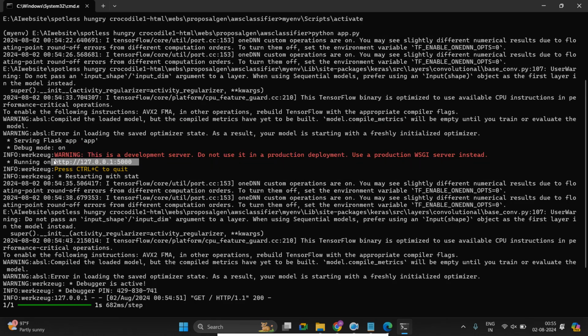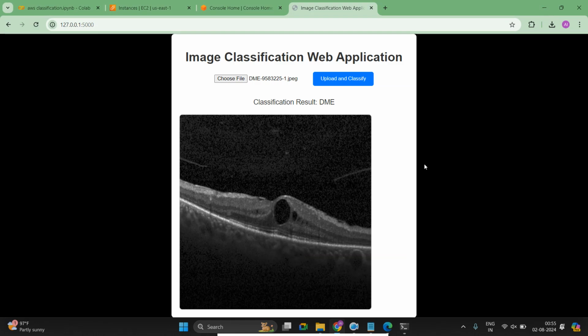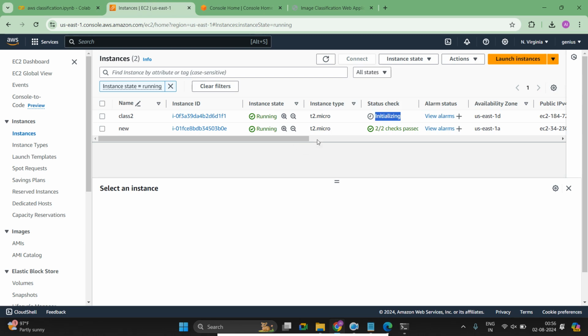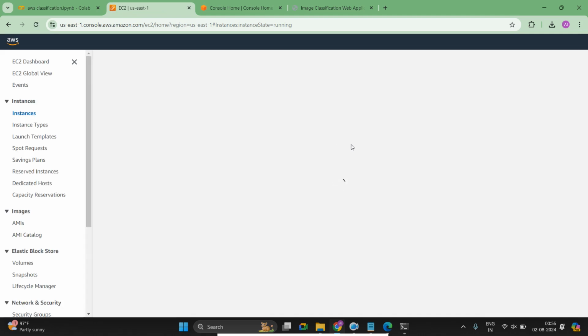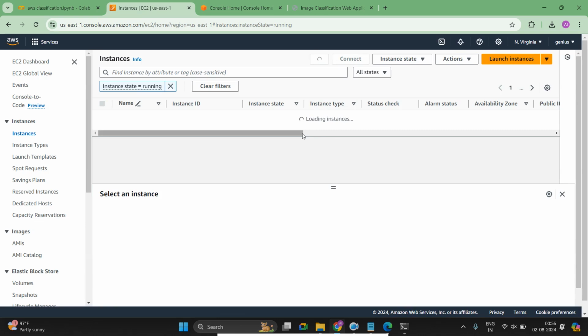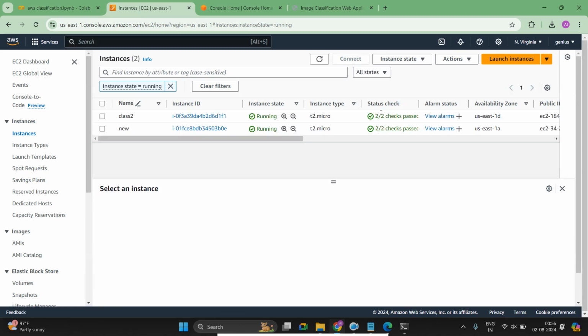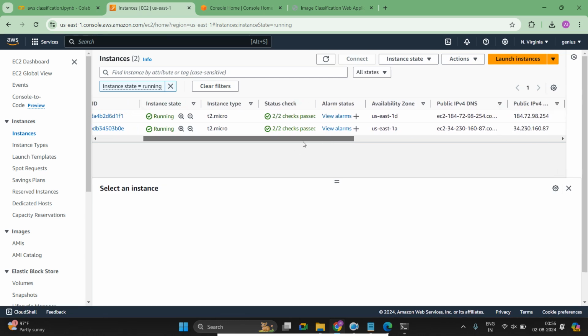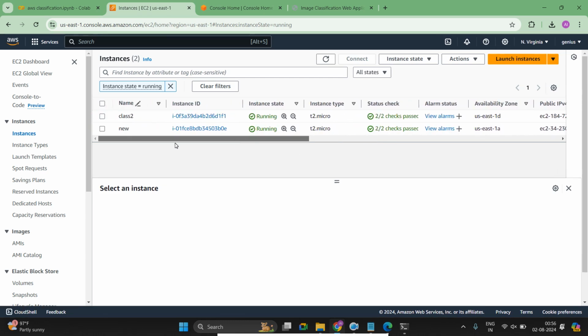Now the same thing we are going to deploy in AWS. As we have already generated the instance, we will see whether it is created or not. Still it is initializing. I am just reloading this one. Once you reload, we can know the status. Yeah, now the checks have passed, everything is running. Now we can deploy the model that we generated. So before that we need to